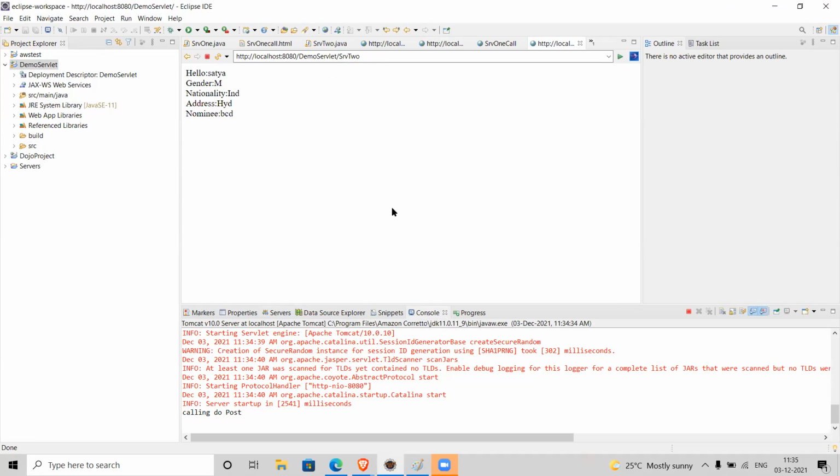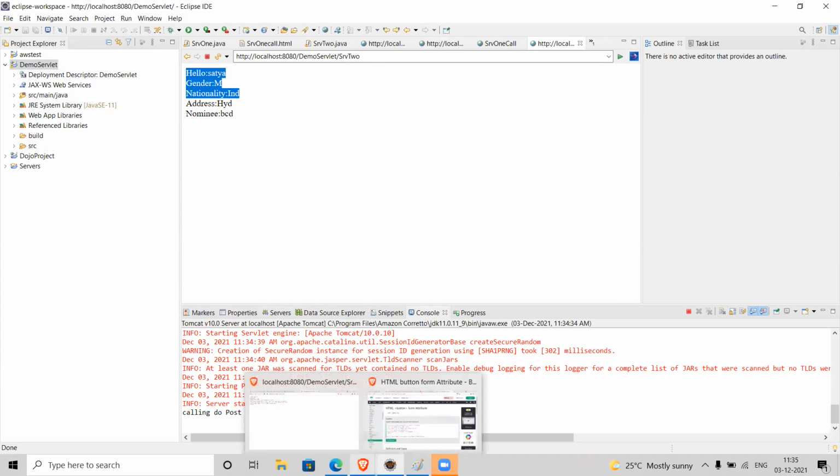See, this time we set this information on the server side. And similar to cookies and hidden fields, this session also has some drawbacks.